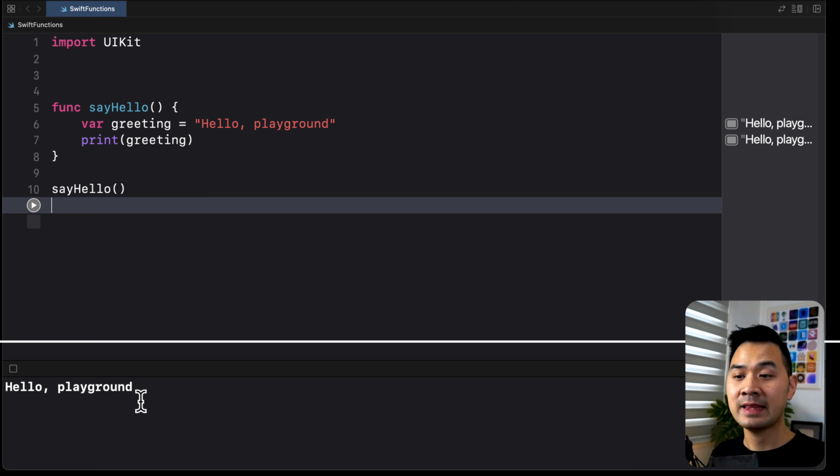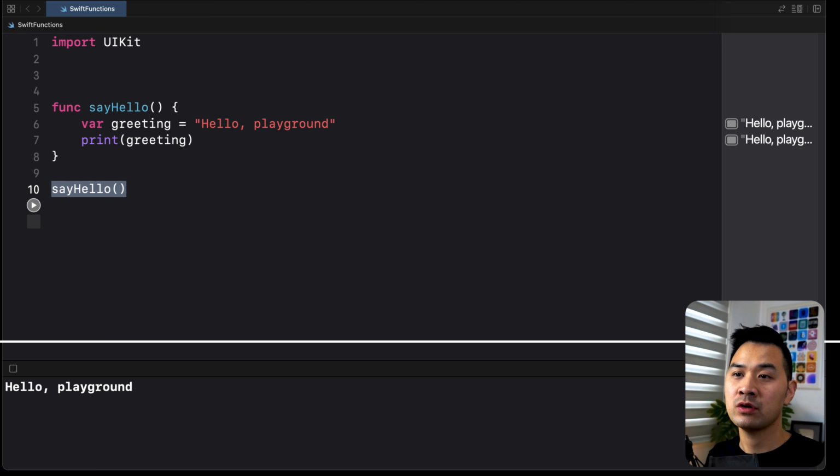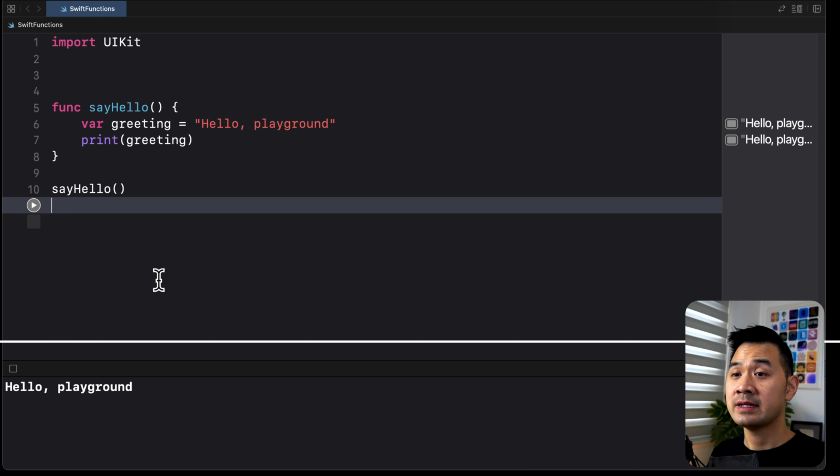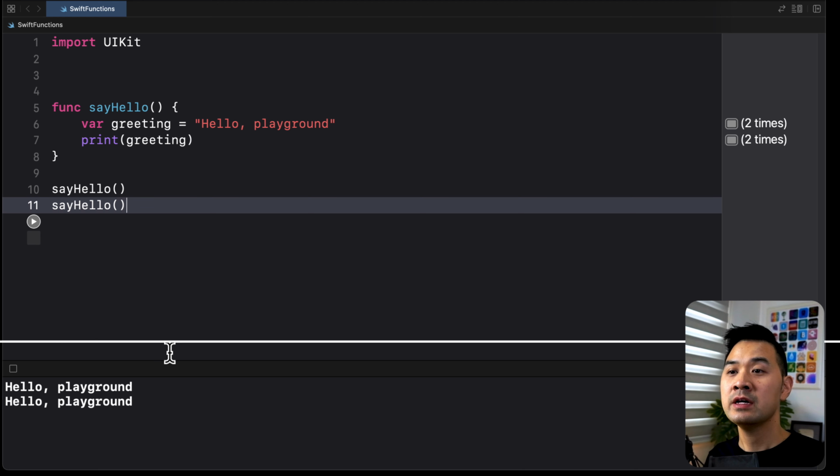Okay, but for now, let me run the code again and see what happens. Now this time I get the output in the console because this line of code is calling the function, which is executing the code in there. Now, if I call the function again, it's going to execute those two lines of code again. So you can see this is really powerful because oftentimes to perform a task, it's multiple lines of code working together to achieve a common result. And let's say there's 10, 20 lines of code. By putting it in a function, not only can you run that task whenever you want, but it also saves you from